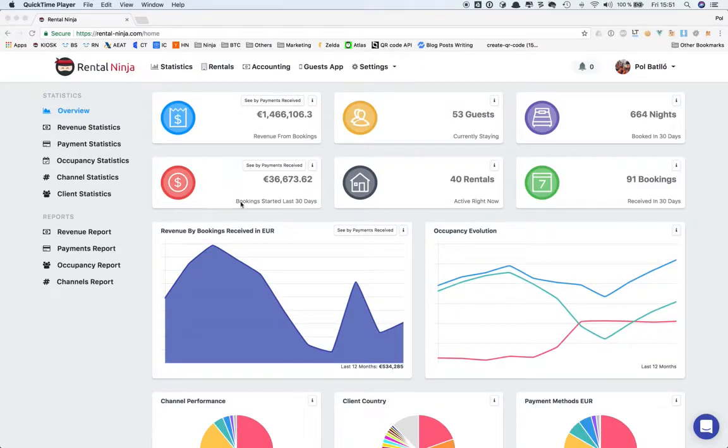Hello. We wanted to showcase to you today our new modules, both accounting and the guests app. The guests app is pretty simple, pretty straightforward, so you'll probably catch it quite quickly. The accounting, though, is a little more complex, so we wanted to dig deep into what it can do and